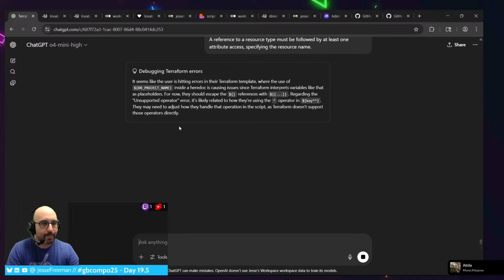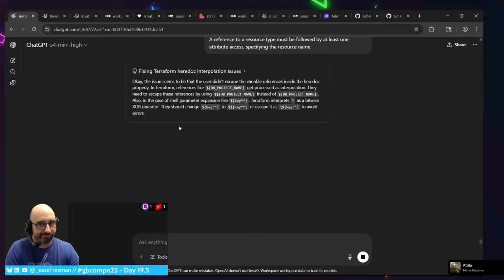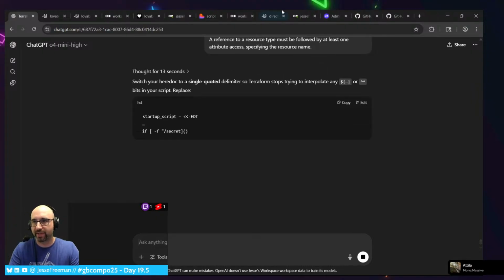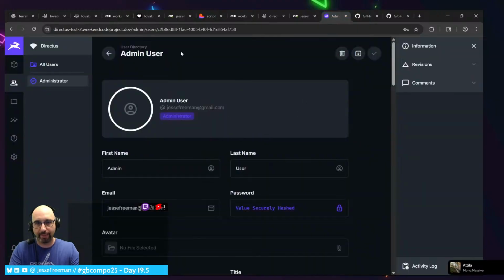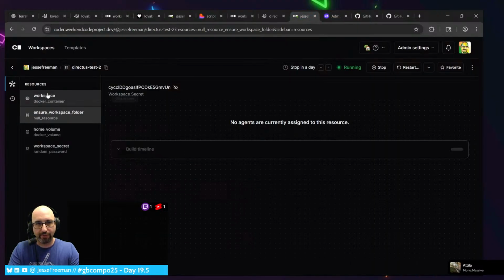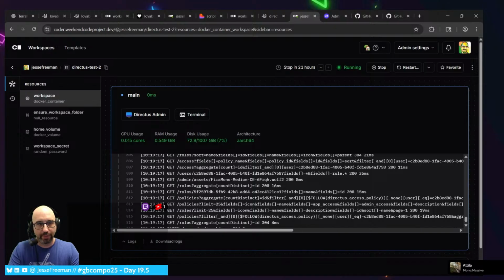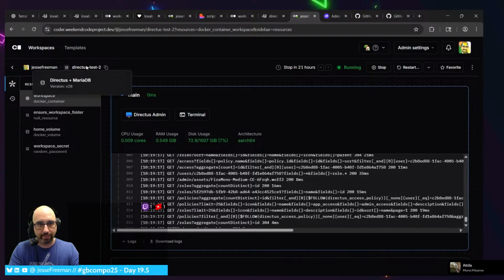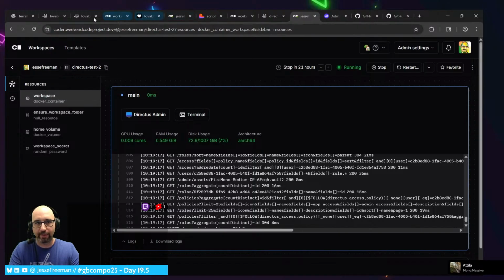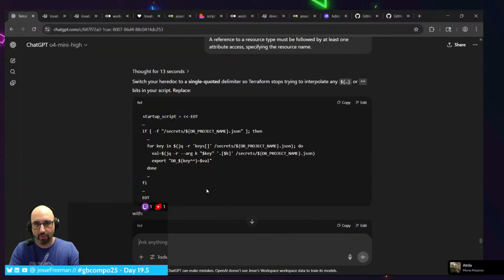I'm hoping that in the next 30 minutes, which I always say, I'll be able to get past this little issue, because I do have the database up and running. I have a workspace that I can create with a new database. So now all I need to do is just get this part working.